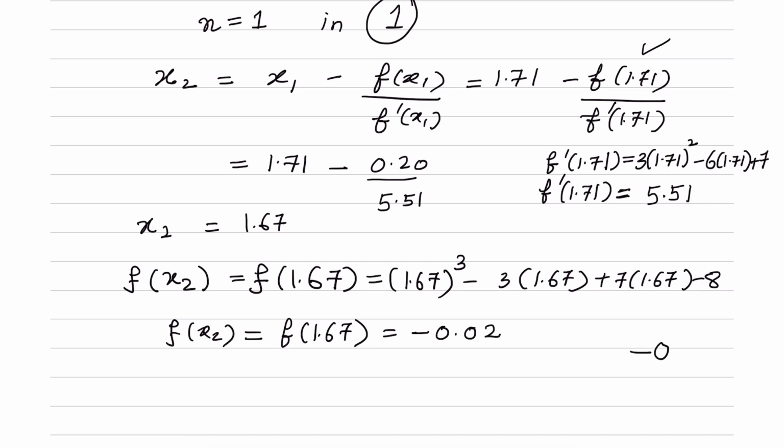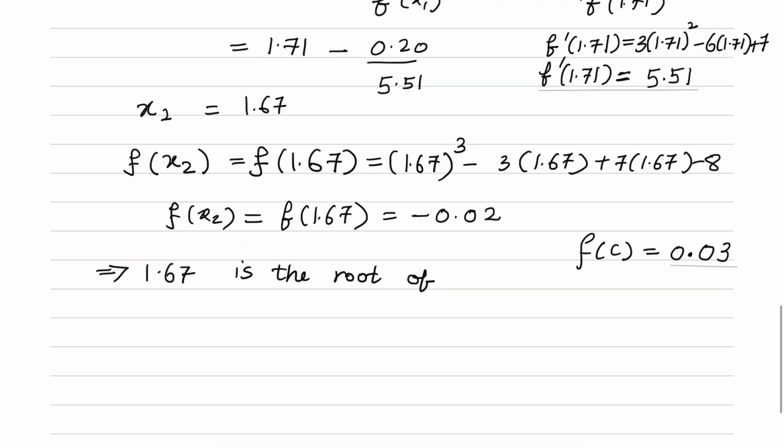Please know that minus 0 is same as 0. So our goal was to find some number c which gives us almost 0, that is 0.010 on the right of the decimal and some digit. So here we got something like that. We have minus 0, which is 0. So after the decimal, we have 1 0 and our digit. That's what we were looking for. So we will say that 1.67 is the root